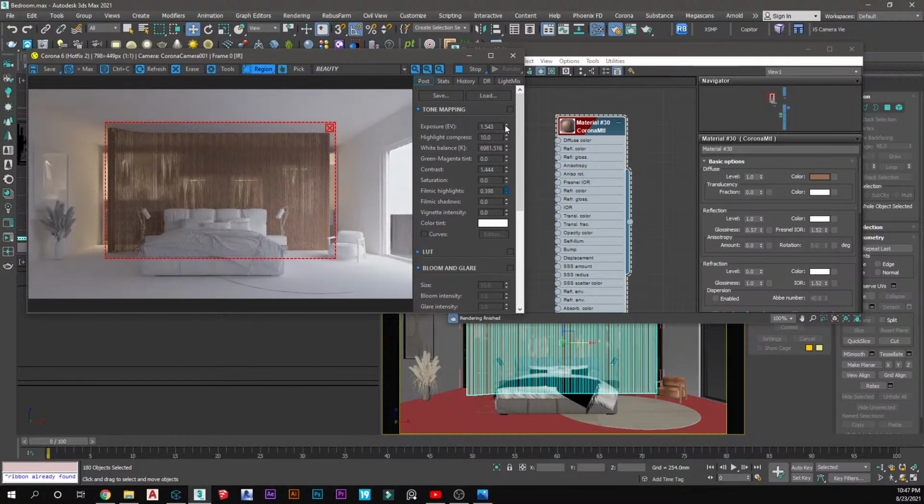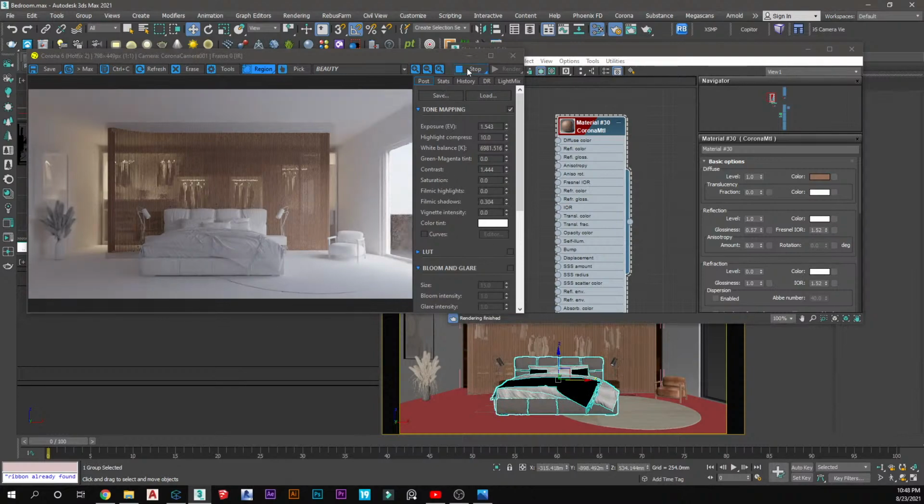I'm almost tempted to use the LUT file. Not going to. I'm going to make this without the LUT file. I'm going to use the Corona ports or default parameters to achieve it. Okay. For that one. Now for the bed,